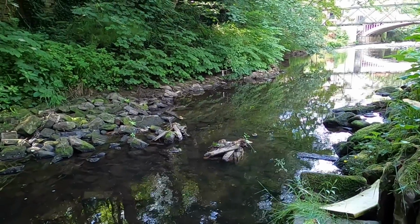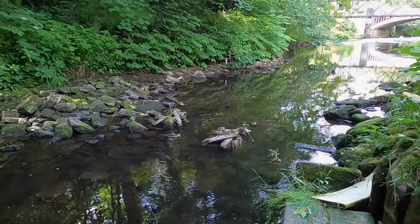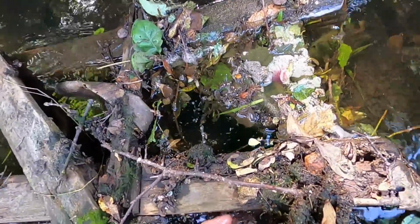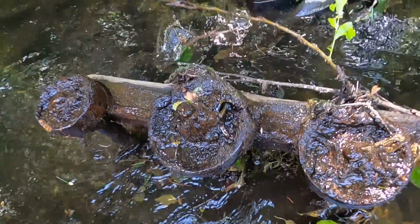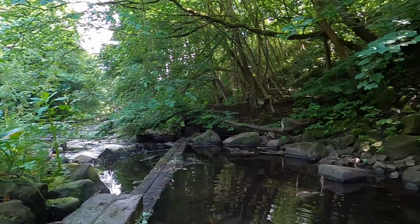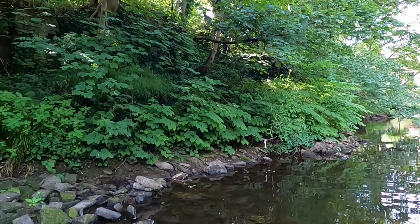That looks like a mill trolley wallowing in the water. Let's go take a look. Okay, it's not the one that I found here last time. That one only had 4 wheels, and it was about 10 meters downstream. In fact, I'm currently at the top end of a mill site, so I think that it's unlikely to have come from this mill. I do somewhat regret not taking the last one home and trying to restore it, but